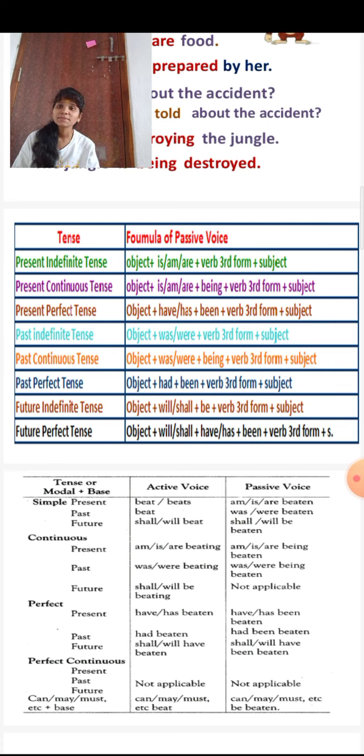If the subject is performing the action, then the sentence is in the active voice. If we know the definition of active and passive voice, it is very easy to identify which sentences are active voice and which are passive voice. If the subject is performing the action, then the sentence is in the active voice. If the subject is simply receiving the action, then the sentence is in the passive voice.